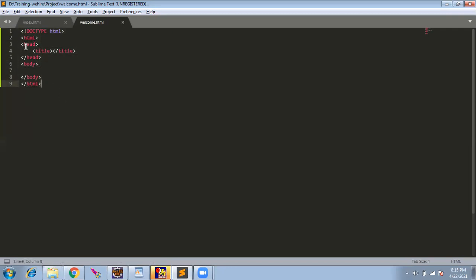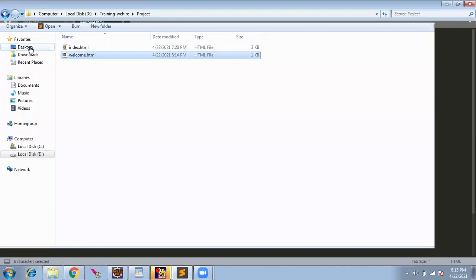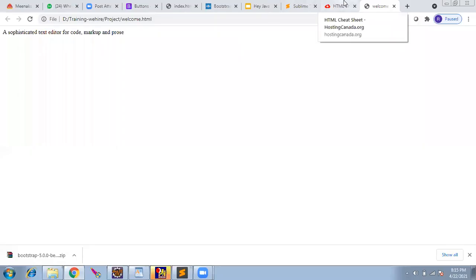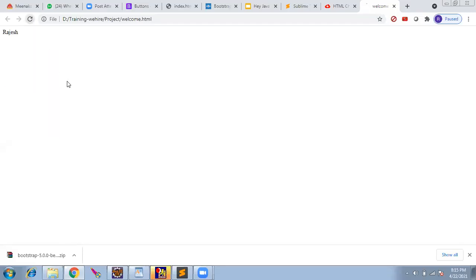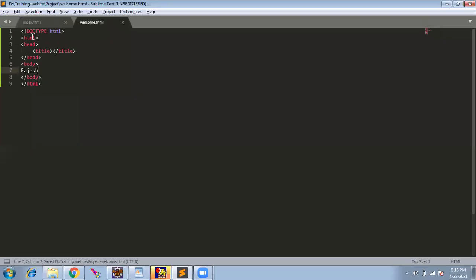Whatever is within the angle brackets will not be displayed on the screen. So if I go and refresh, it's going to be plain because tags cannot be seen in the page. Only text can be seen. If I give here Rajesh, it is not a tag, so this can be seen. These are all predefined tags, like how in Java we had int, float, double keywords. Same way, these are the predefined keywords. So that is the first section.